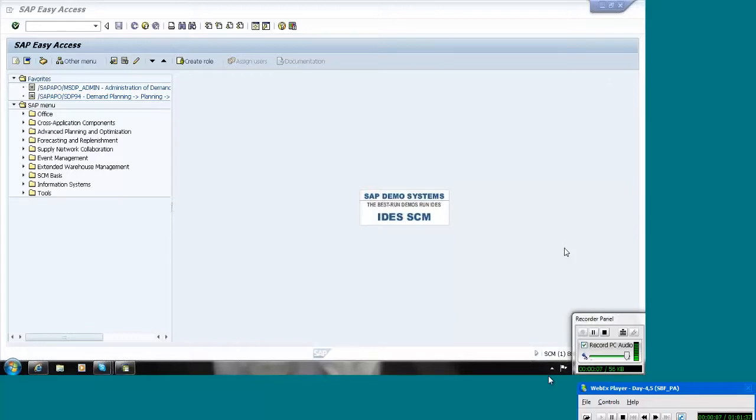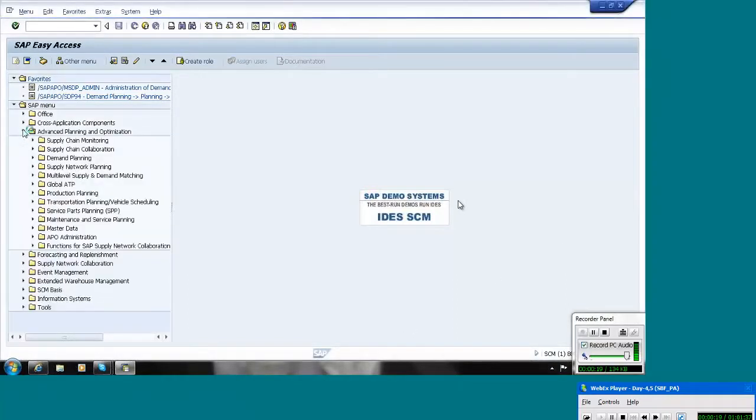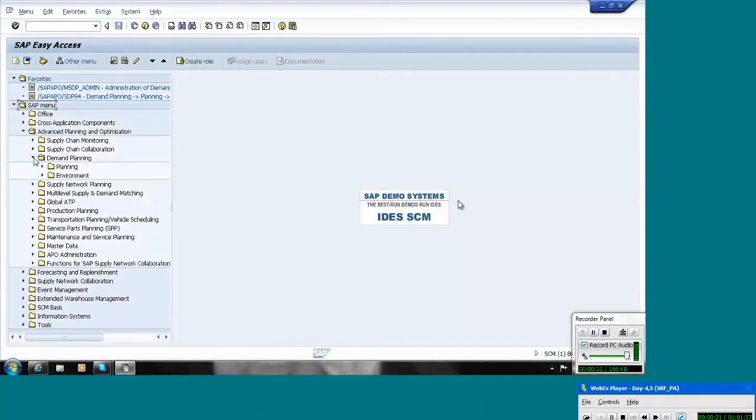Today we will start about the storage bucket profile and planning area. These two we will discuss today. Okay, first we will go to the storage bucket profile. Go to the APO, demand planning, environment,